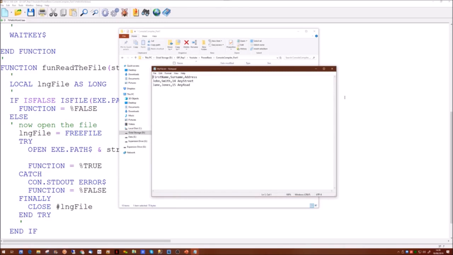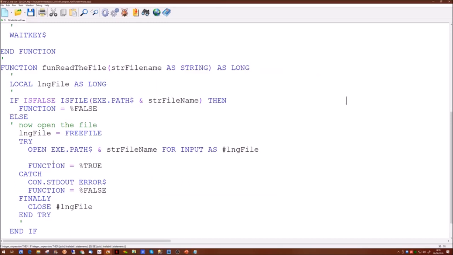But if we go back here and say we want to read in the first line from the file, we want to put that value into a string variable, which we haven't defined yet, so we'll have to define that up here.